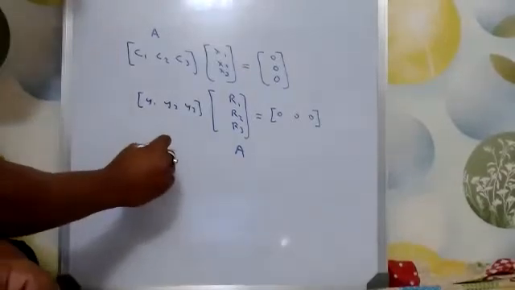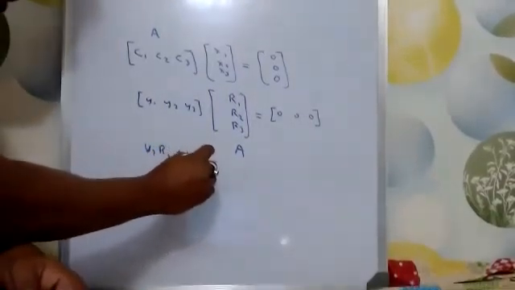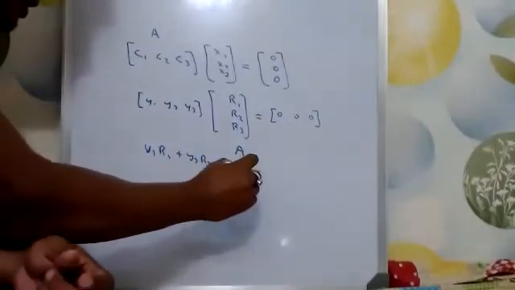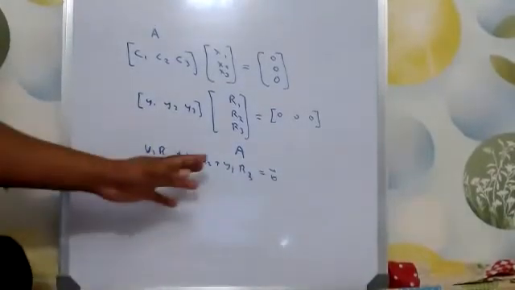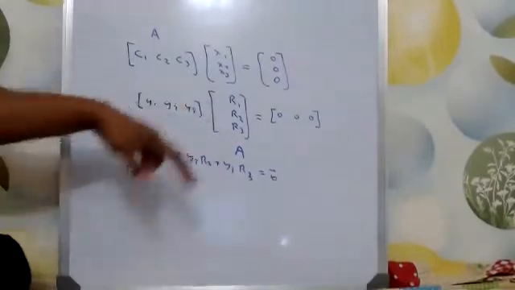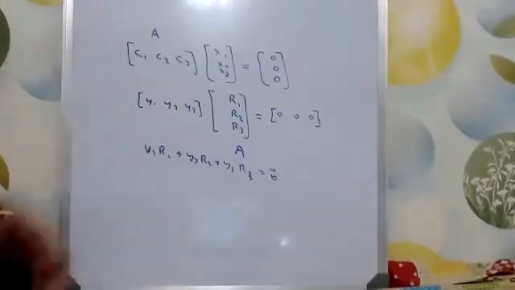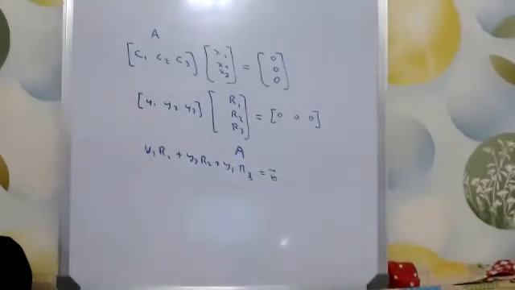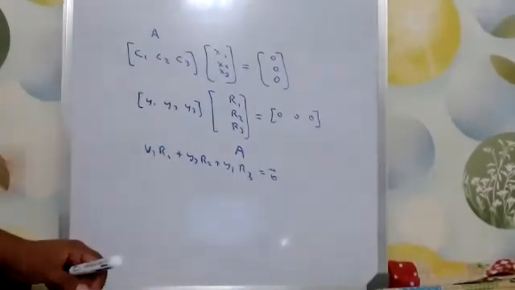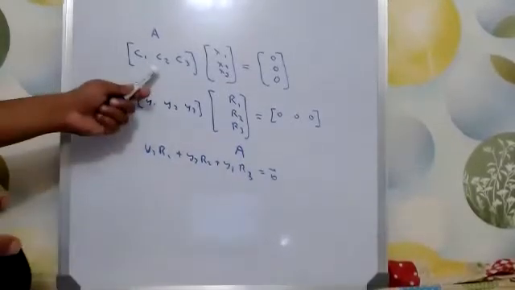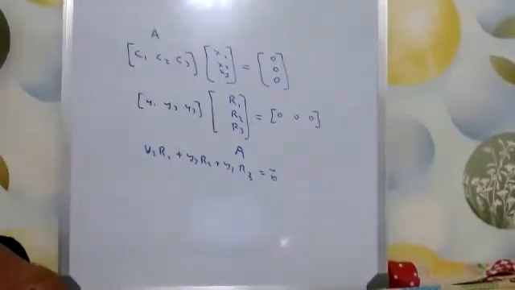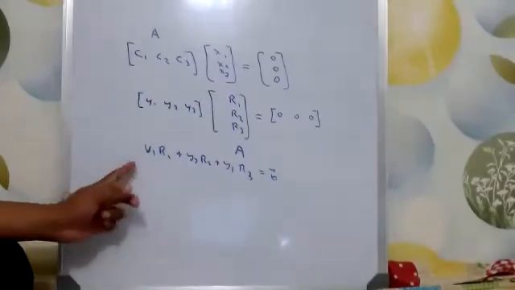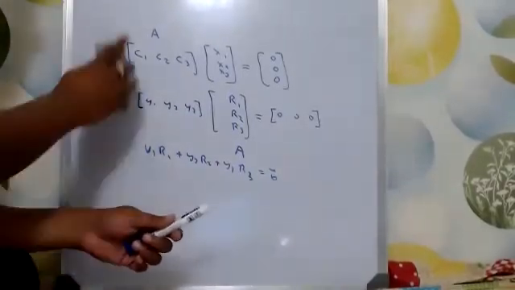So y1 times r1 plus y2 times r2 plus y3 times r3 is equal to the zero vector, right? So what are the values of y1, y2, y3 which, when linearly combined with the rows of A, give us the zero vector? This is the left null space because it is for the transpose of A. When you transpose, the rows become the columns, so it is the same thing. That's why we have to find this y1, y2, y3. Once we find y1, y2, y3, we have the left null space of A.